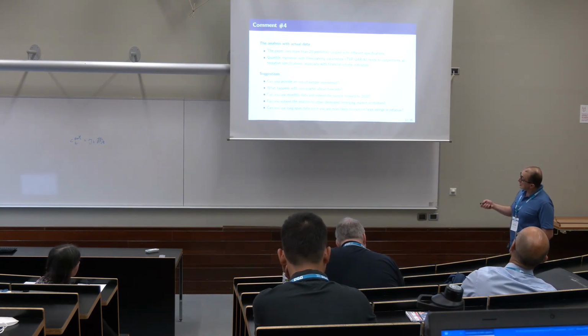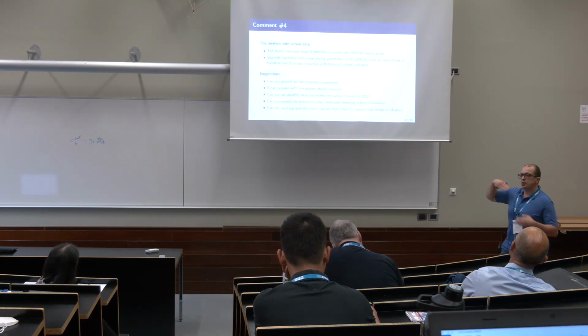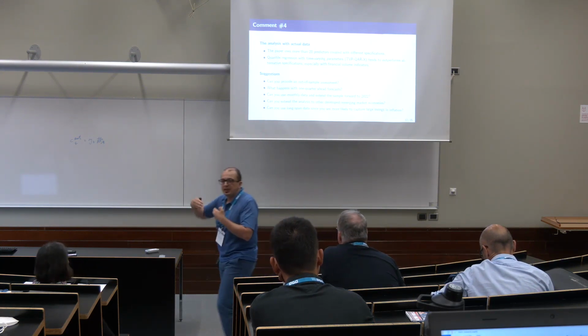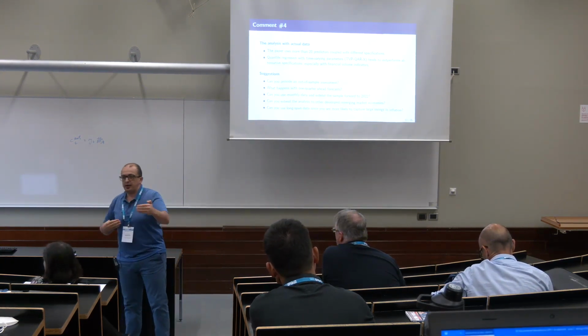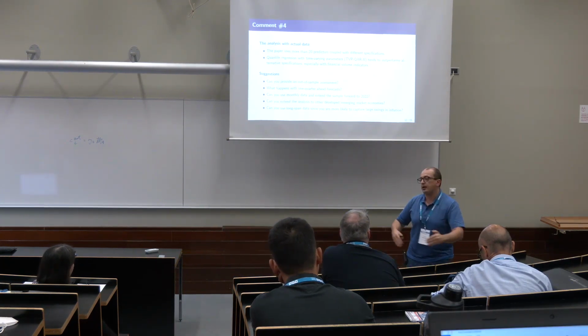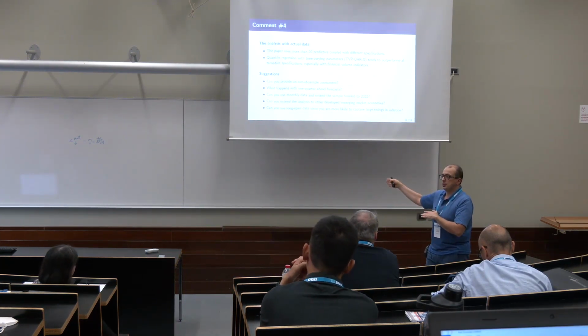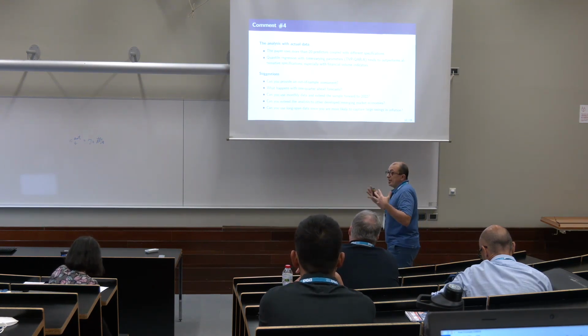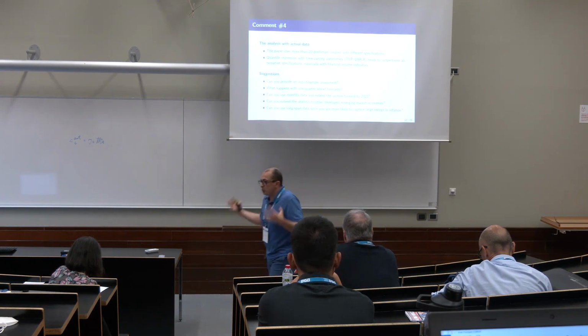The second one is you only show results for 1 year and 2 years ahead, but I want to see 1 quarter ahead. This is where you have to show me that your model is better than the simple OLS. Okay? So you don't show the results. I don't know what happens there. And also, there are monthly data. Why don't you use monthly data? Why do you use quarterly data?